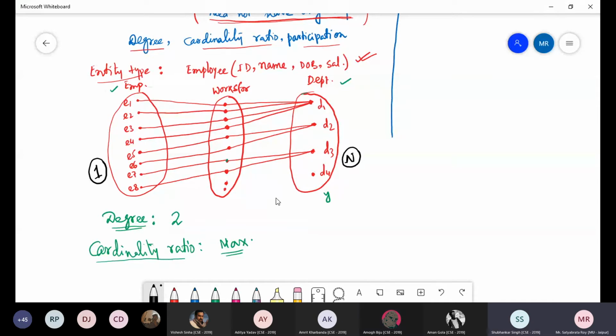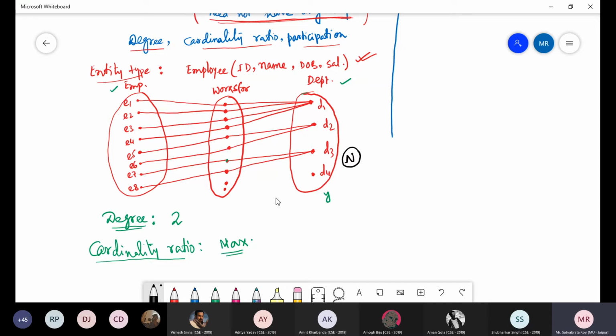So how did the employee's one come about? Can you just explain once again? Yeah, that is what I am trying to explain right now. Cardinality of the entity set employee means the maximum number of relationship instances. These dots in the works for relation are the instances of the relationship set works for. Is it clear?